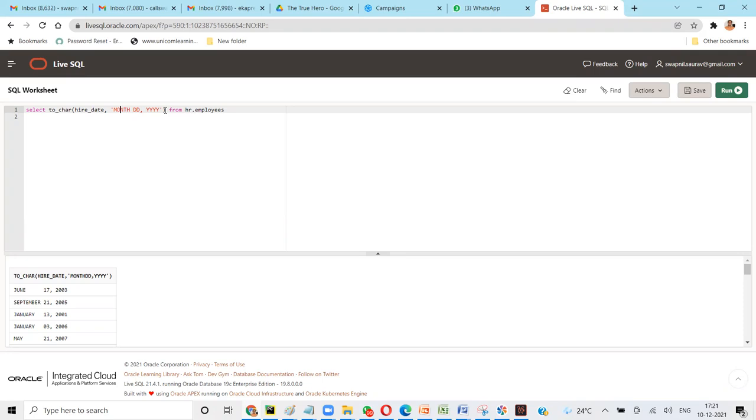You can give an alias name here. So I can give an alias like hire date. You don't want to see this kind of header, right? Along with, if you want the name, you can give name like, say, first. First was the column name, right?